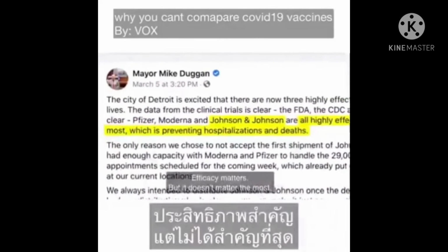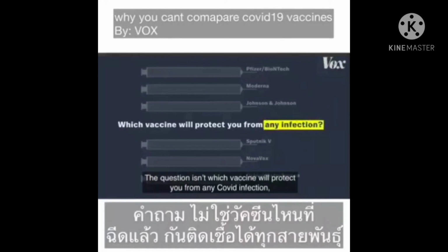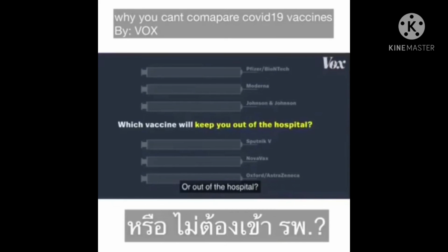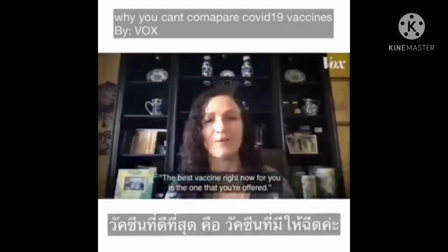Efficacy matters, but it doesn't matter the most. The question isn't which vaccine will protect you from any COVID infection, but which one will keep you alive or out of the hospital? Which one will help end the pandemic? And that's any of them. The best vaccine right now for you is the one